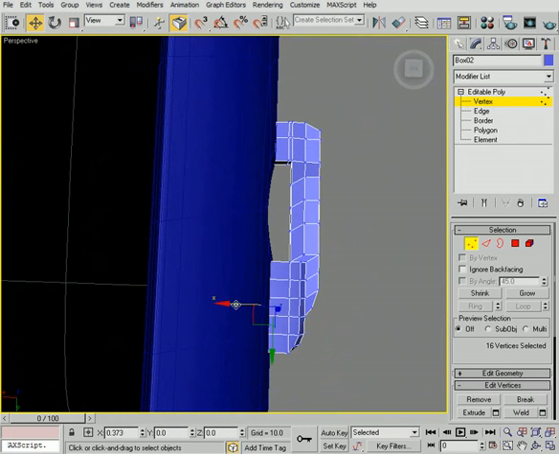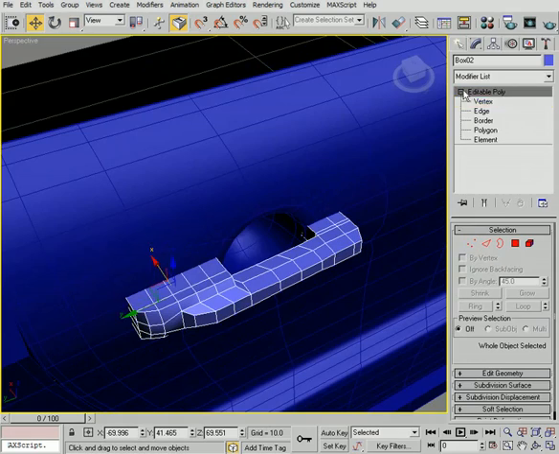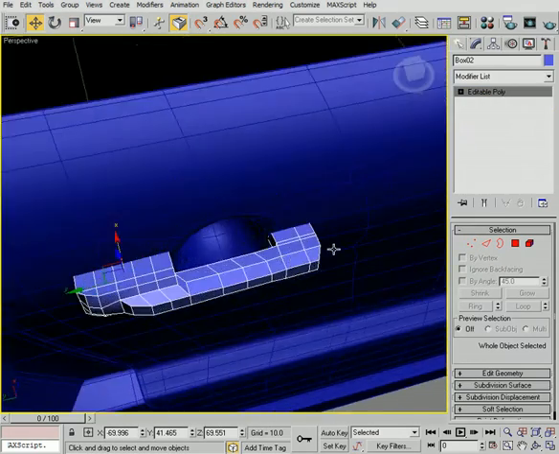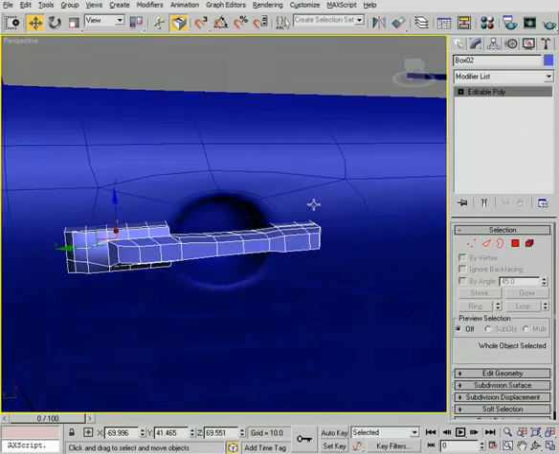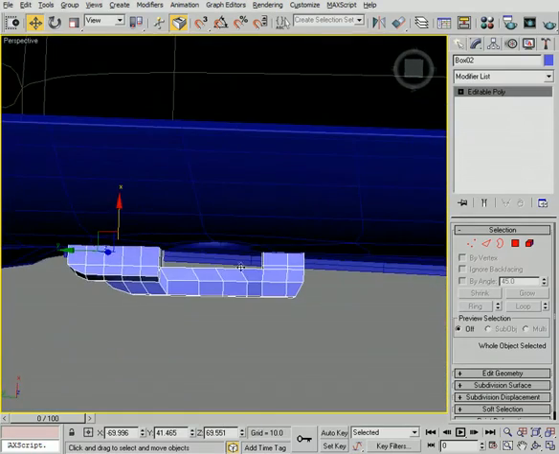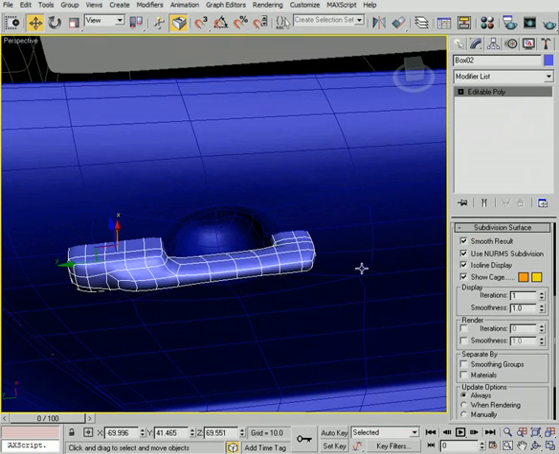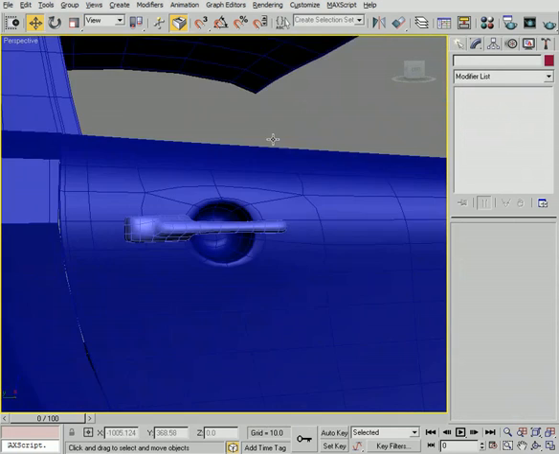Alright, so again, we're not following any sort of blueprints for the actual handle. We just want to get something. Look at how we can use our primitives very quickly to create something in here. We can come in and soften that up if we want to. If we want something that's a little bit more round,